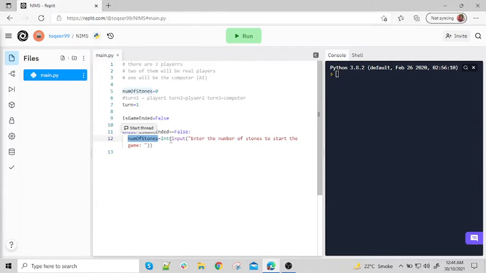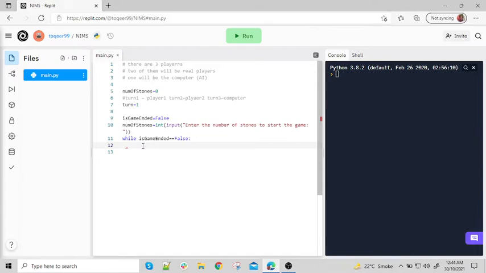Just to be on the safe side, I converted it to an integer, otherwise it can be considered a string. Then we have to play the game again and again. Actually, we don't need to do this every time, so we will place it outside the loop. This is to be done only once.